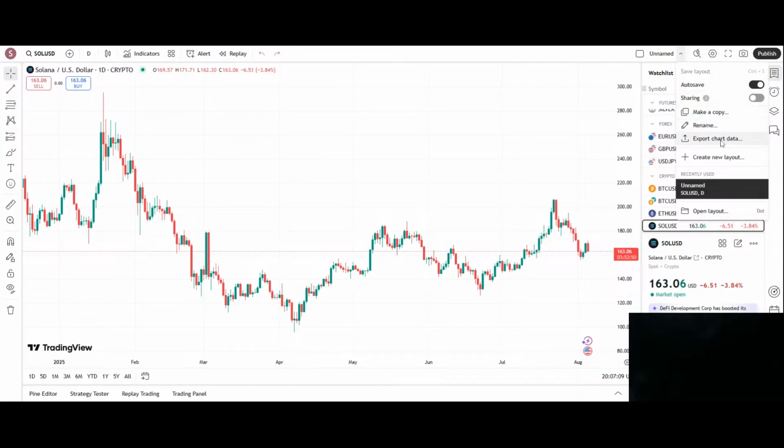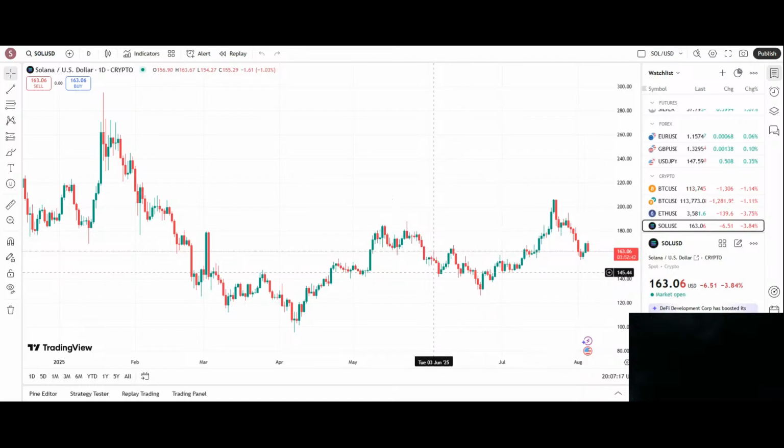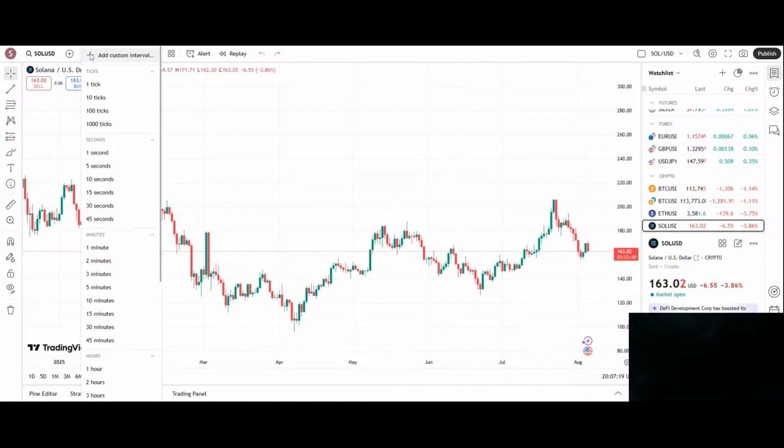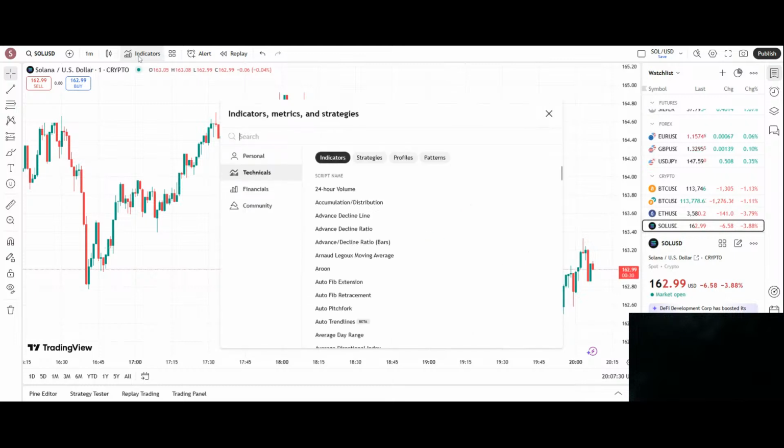Autosave, sharing, rename, Sol USD. Save. Alrighty. Since I'm trying to trade and get in and out of positions quickly, I like to look at the 1 minute chart. Indicators. I like the